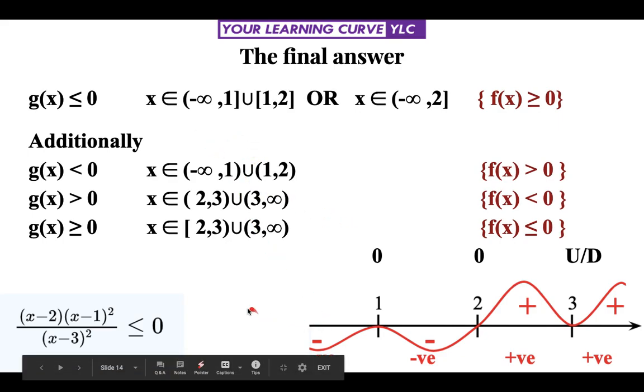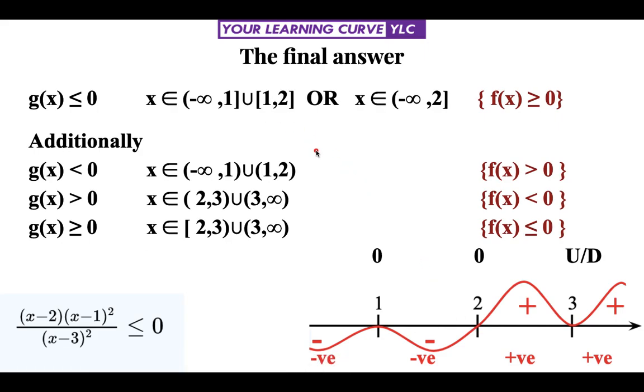So the first interval, when we start from minus infinity, is minus infinity to 1. It is the first interval where we are getting a negative sign for g(x). And then the second interval is 1 to 2. So minus infinity to 1 is the first interval, 1 to 2 the second interval. Now let's see whether the end points are to be included or not. So we know minus infinity is never to be included, so we put an open bracket over here.